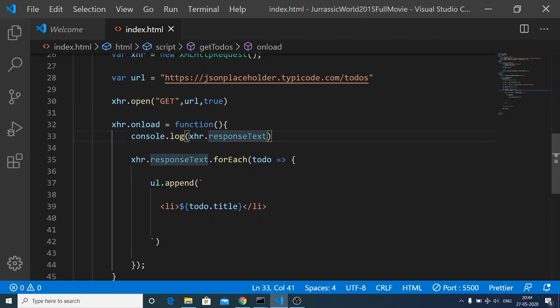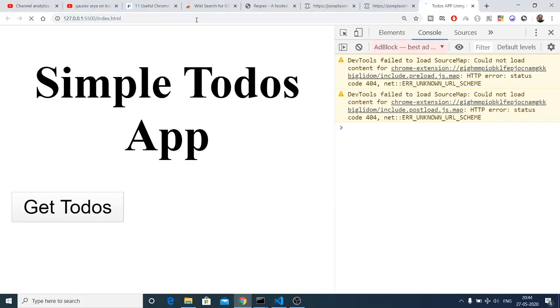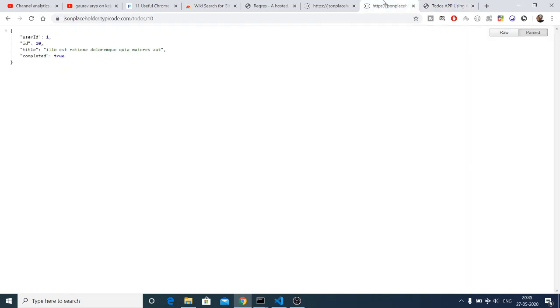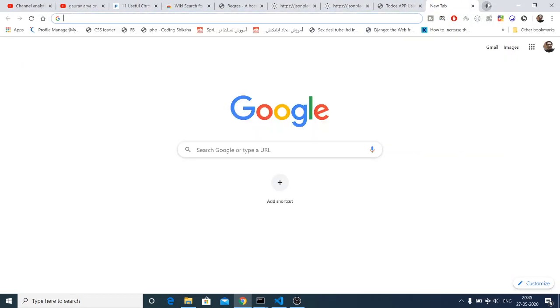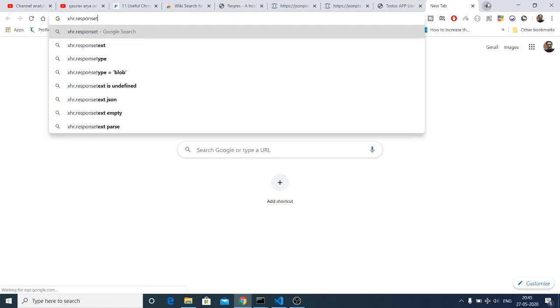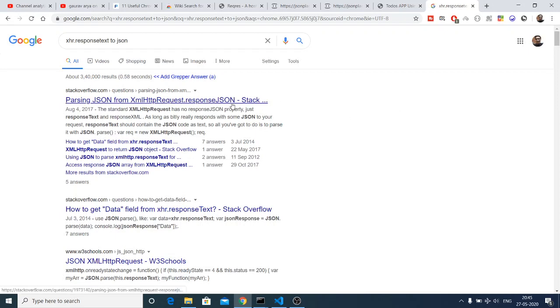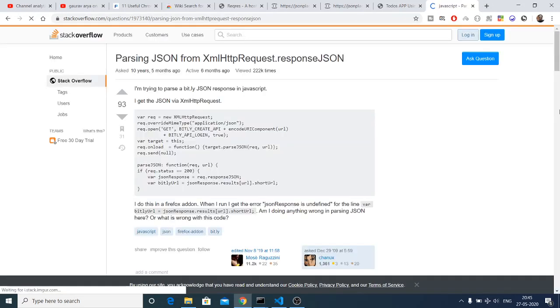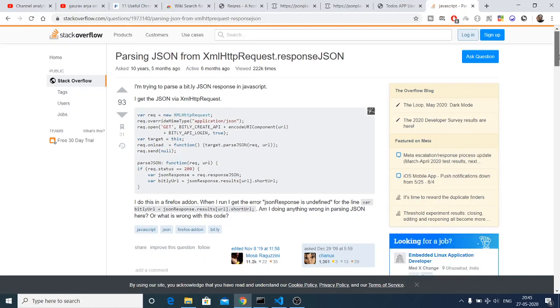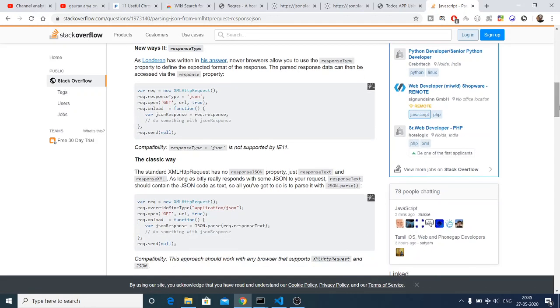xhr response text. I think we need to convert this to JSON. So xhr response text, if you search on Google, here you need to explicitly tell Ajax the response type.